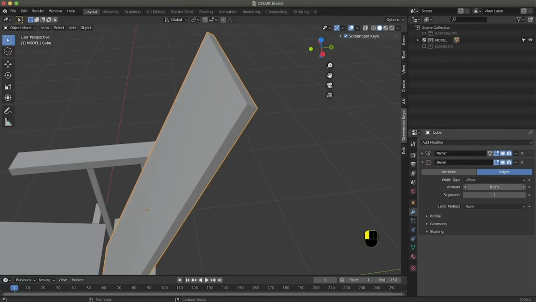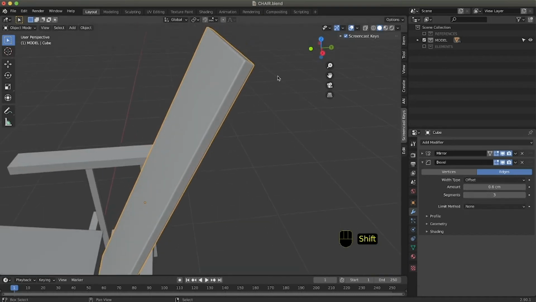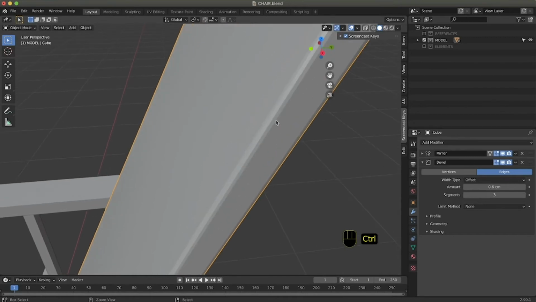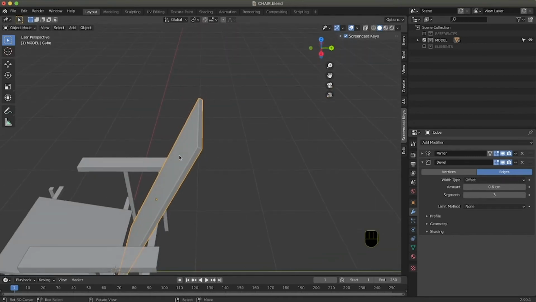If I release Shift, I pass from a high value to a lower value really easily. With Shift I have more control. I can also add more segments to create a rounder detail. I think that 3 is more than enough for our model.